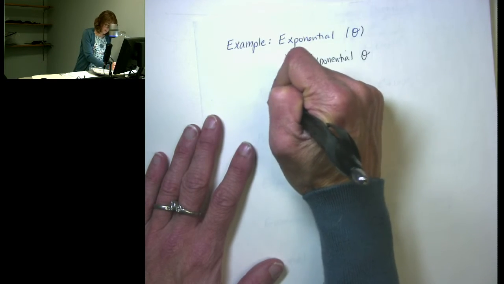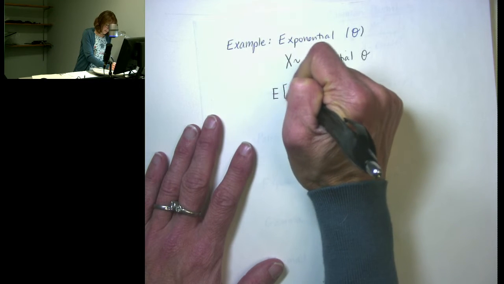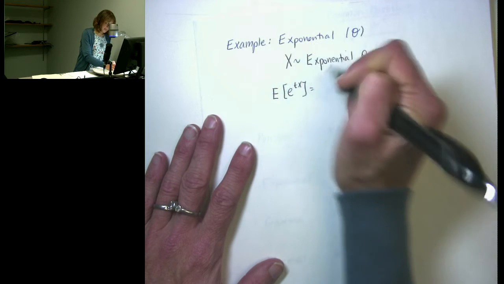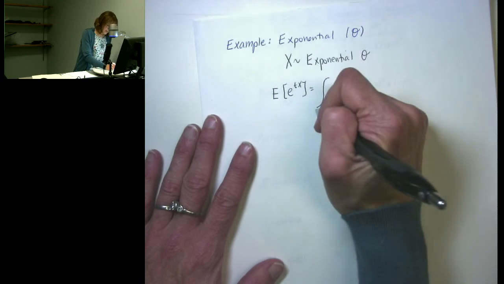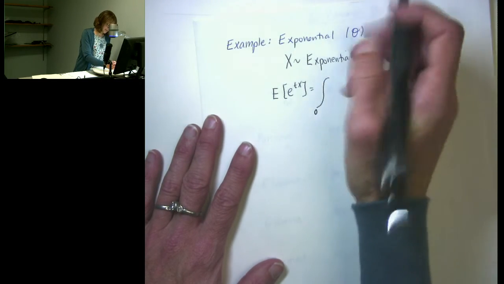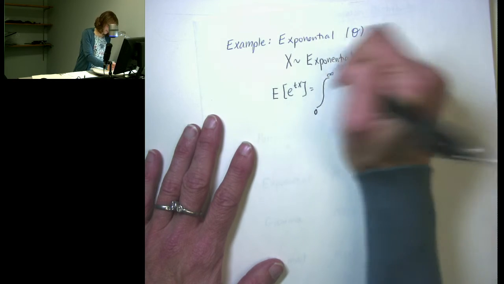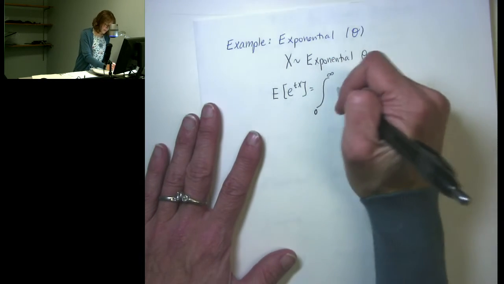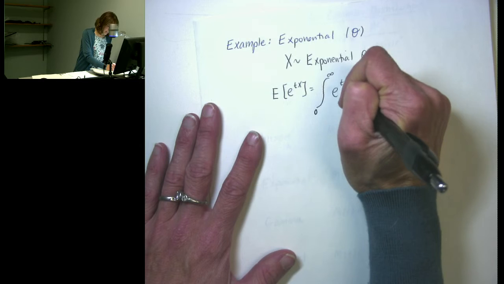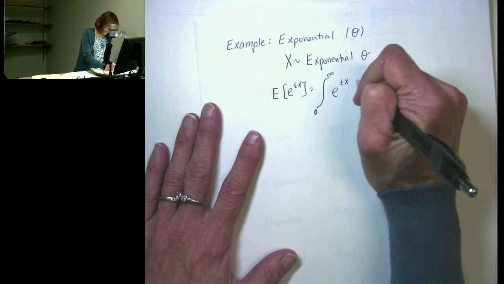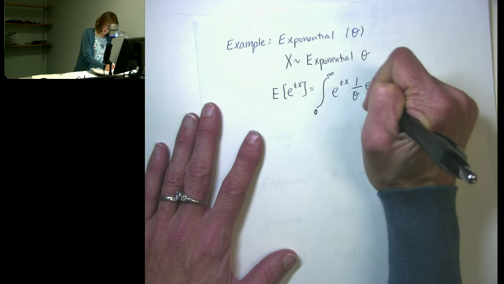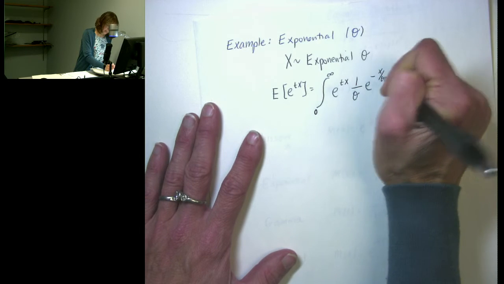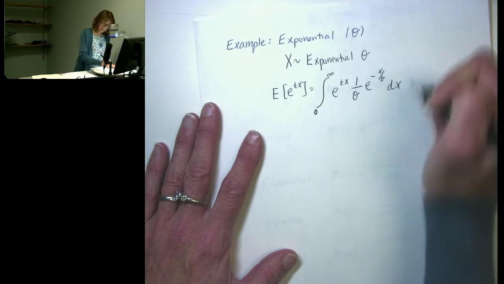In this case, the expected value of e to the tx is going to be found by integrating over all the possible values of x. Exponentials only take positive values, so that's going to be from 0 to infinity, of e to the tx times my probability density function, 1 over theta, e to the minus x over theta dx,